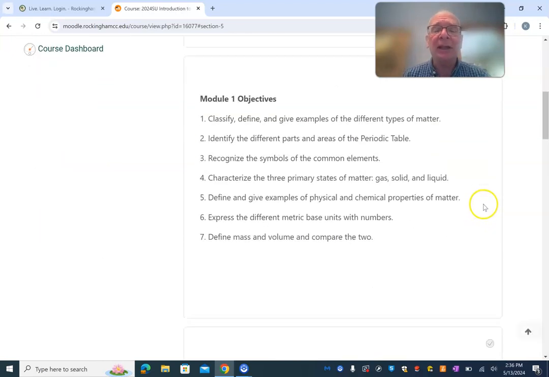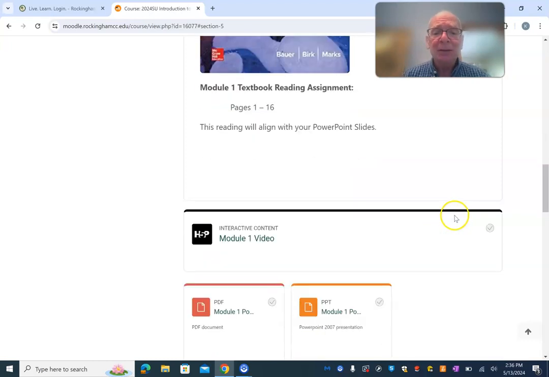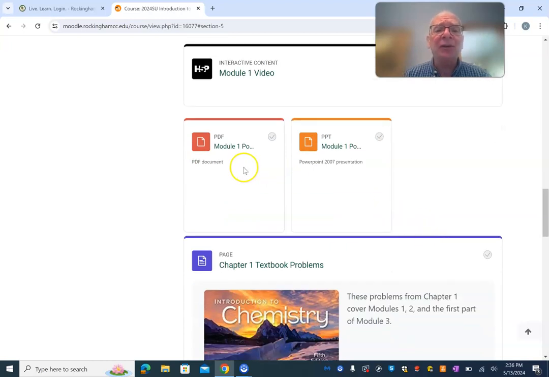Down here, as we scroll down, you'll see Module 1 objectives. And then you will see a textbook reading assignment, pages 1 to 16 for Module 1. Right, scroll down, you'll see Module 1 video. This is a YouTube video with an interactive question for you to answer. And then down here, you see where it says Module 1